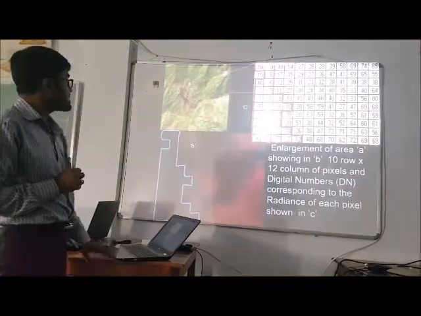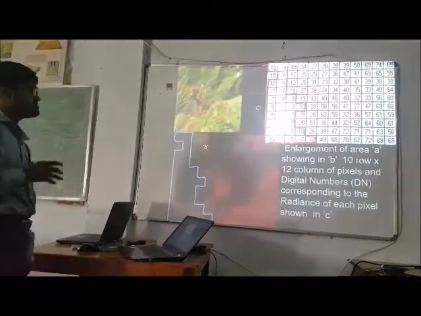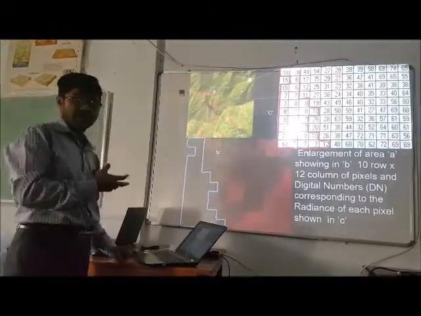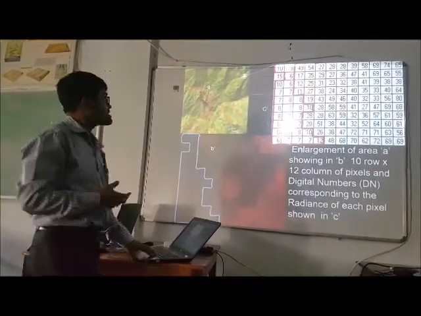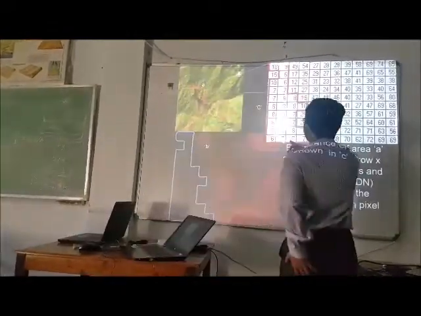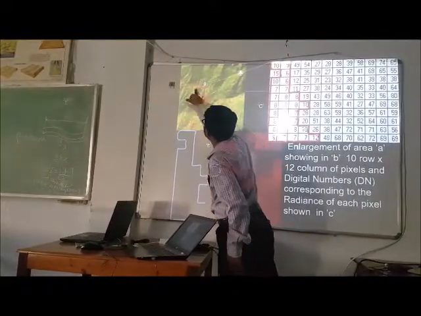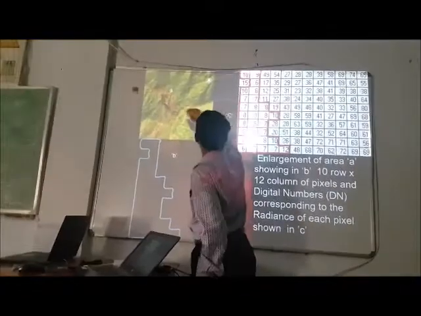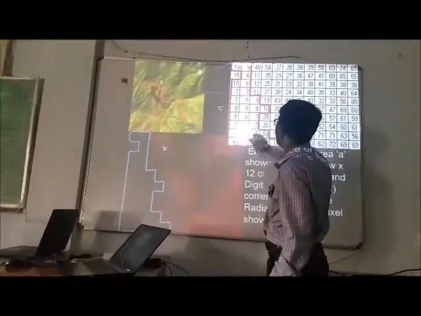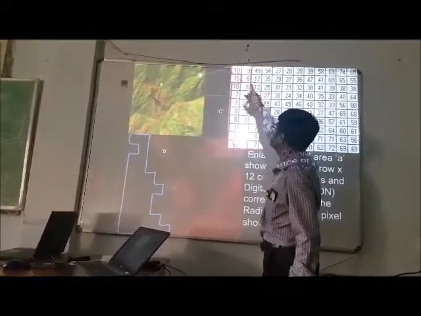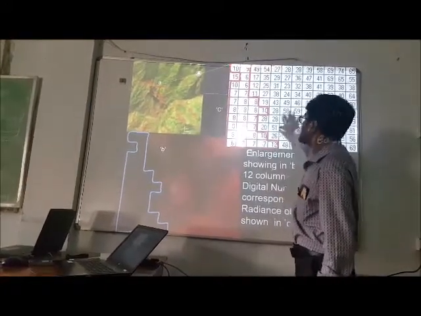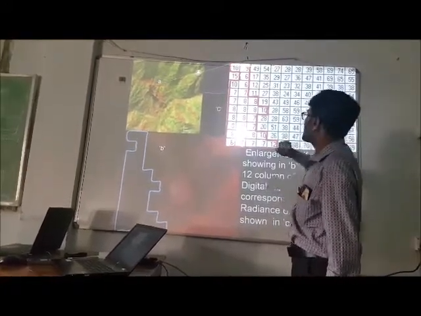And in the water part, the near infrared values are smaller. This red part is water bodies. You can see here, this is the Mirik Lake, and this part has been demarcated with a red boundary. This is the water body part, and this is the vegetative area part.